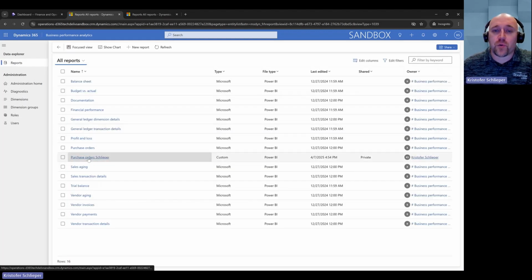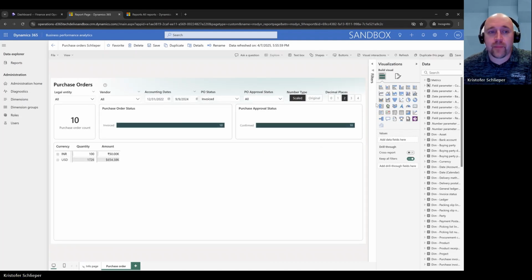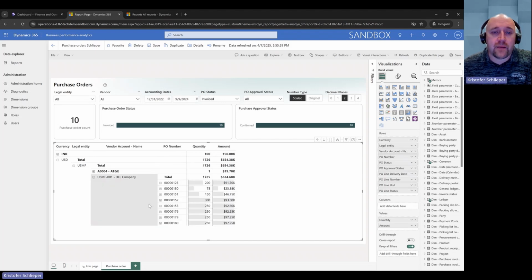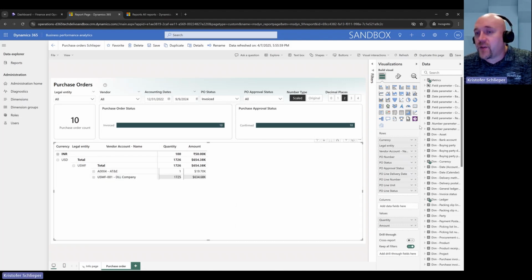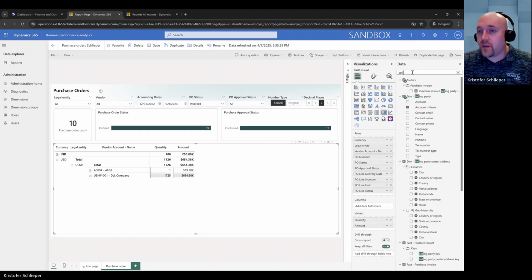I'll go into my purchase order report and click on edit. Now I'm going to click on my matrix here and expand this out a couple so that I have vendor account name here, and then PO number, remember that? Actually, let's just go back to vendor account name. I'm going to start typing in selling party. So here's my dimension selling party,